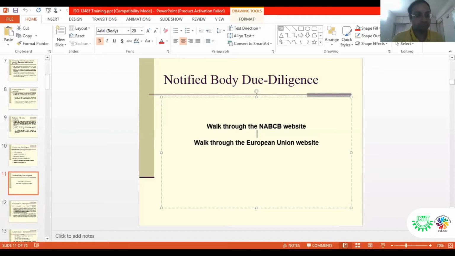Right, perfect. So we have a question from Frederick. He wants to ask if there is a standard checklist where he could identify the applicable clauses and exclude those which don't apply to the intended medical device. No, as per 13485, there is no specific checklist. According to your medical device's intended use, you can include and exclude those clauses. There is no